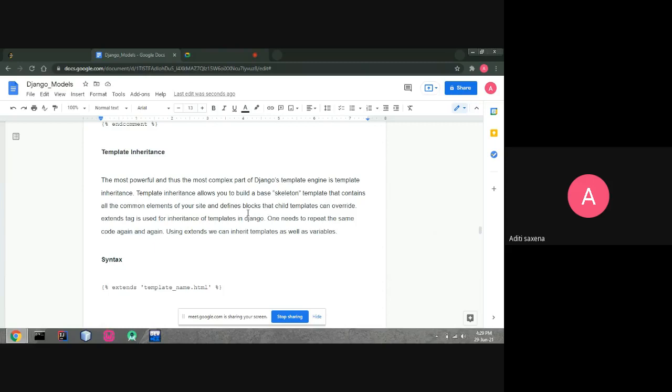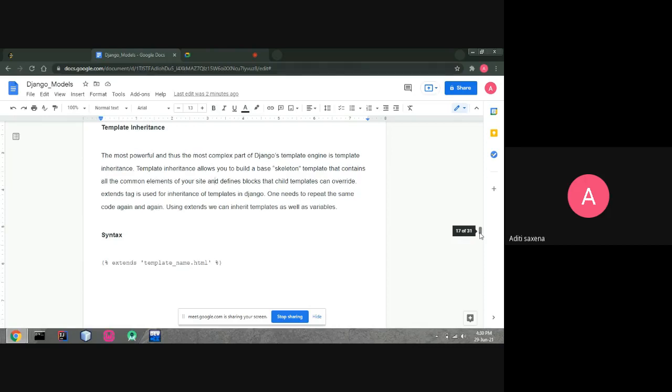So you don't need to repeat the same code again and again. We can create one template and use it again.